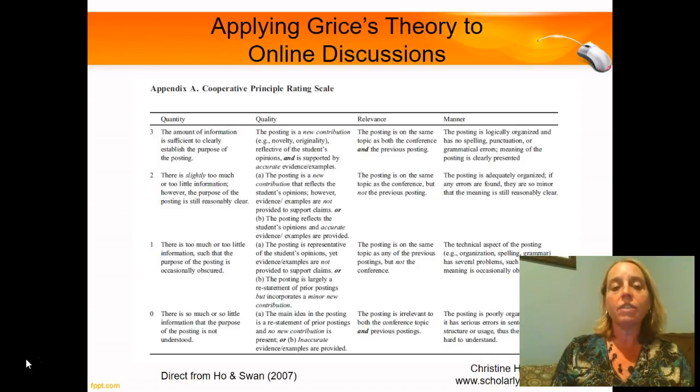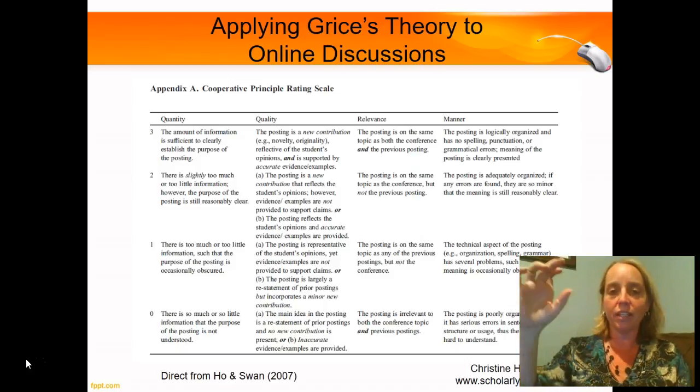So you can see here the quantity has to do with, obviously, how much information is being shared. Quality is, have we added to it? And this is a really important variable, because we don't want students to just think that it's about a certain number of words or contributions in that way. We also want to make sure that it's value added to the conversation, not just to the initial prompt,